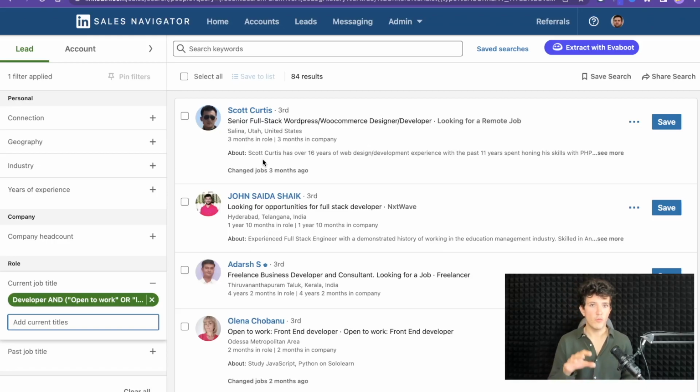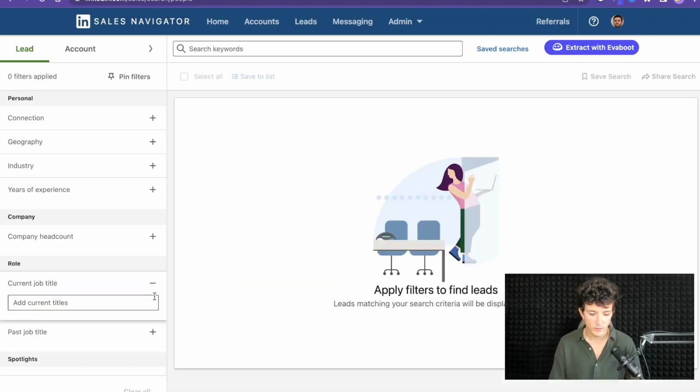So if you want to know more about Boolean search and how you can leverage that to build super precise and targeted candidate lists, you can check the tutorial that appeared 30 seconds ago. So you can see that these profiles are super targeted, but there are not a lot of them. If you want to have more people, you can use a different technique. So you can just write